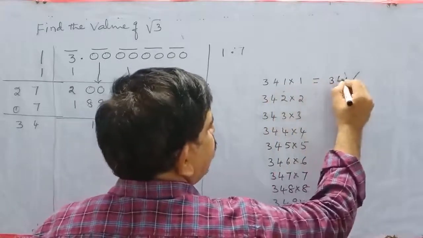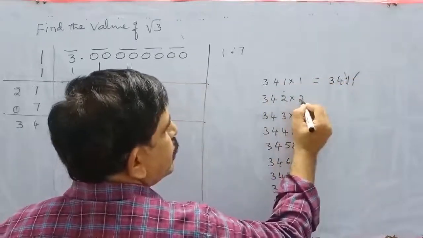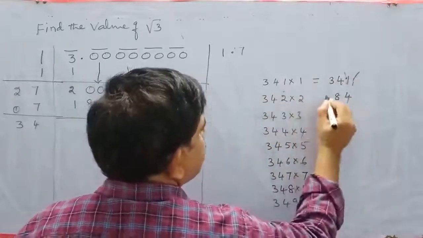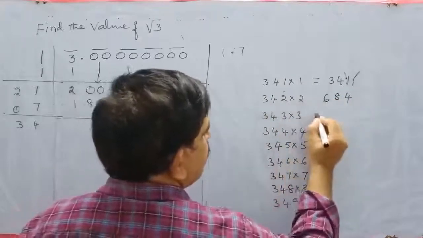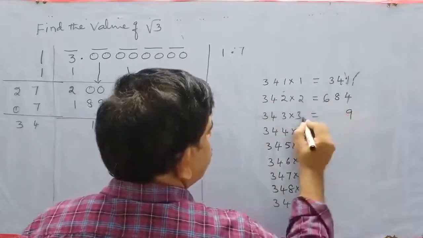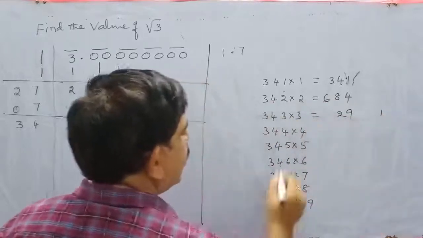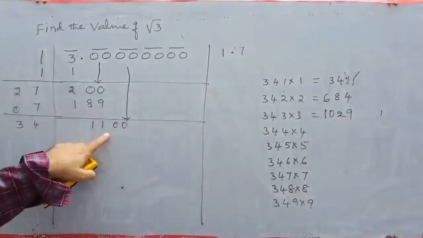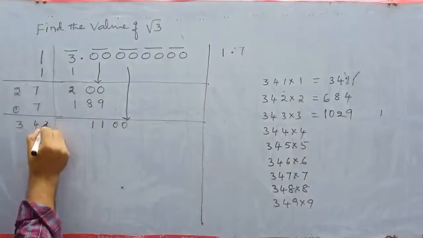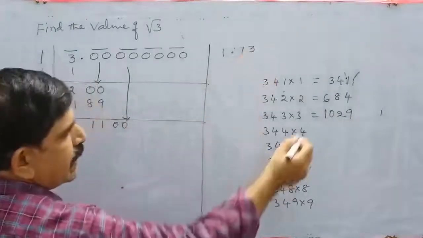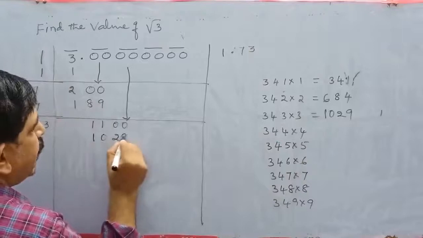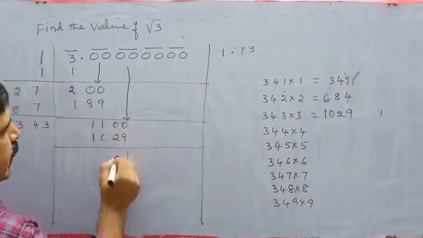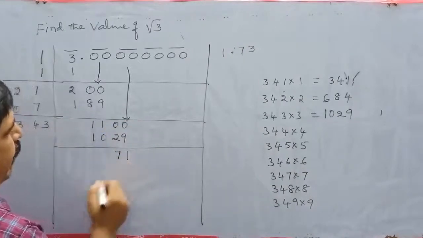Now 341 into 1, 341. 342 into 2, 2 2 is a 4, 2 4 is a 8, 2 3 is a 6. Next 3 3 is a 9, 3 4 is a 12, 1 remainder, 3 3 is a 9 plus 1 10, 1029. So this is the nearest value. So take 3 times, 3 here and 3 here, right? 1029. 10 minus 9 1, 9 minus 2 7. Next